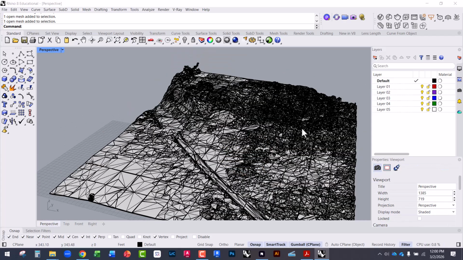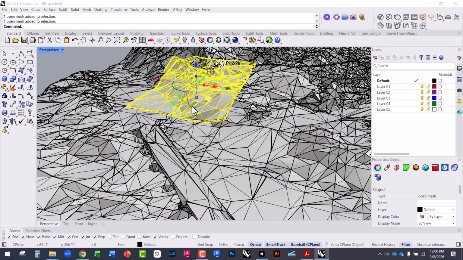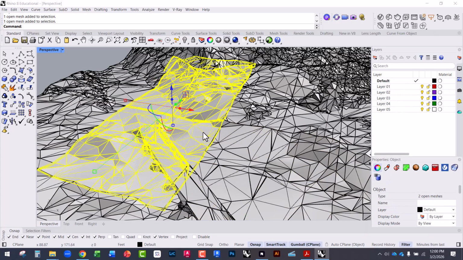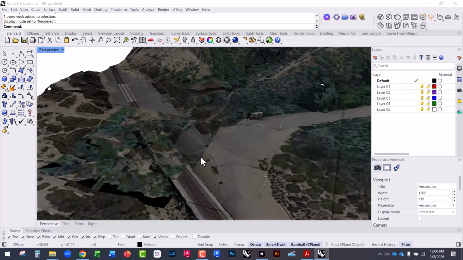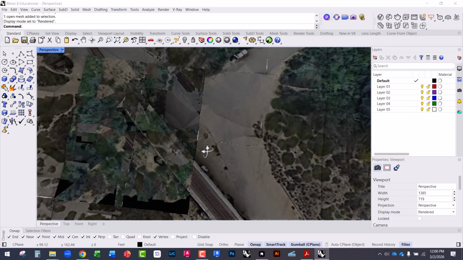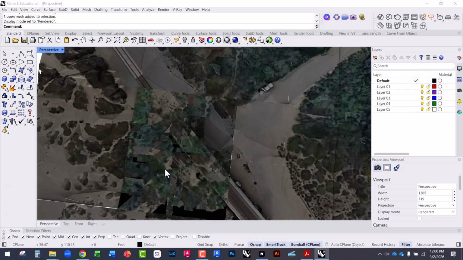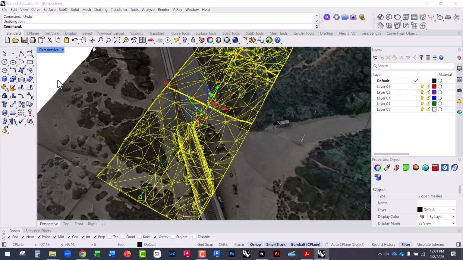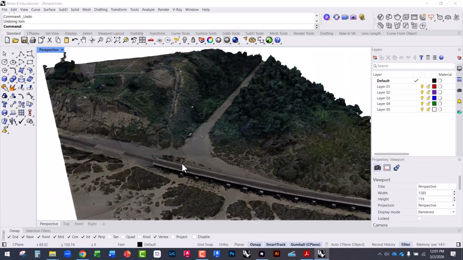So with each of these mesh panels, if you were to join any of these, so selecting these and typing join, it will work. It creates one mesh, but the problem is now when you go into rendered, it'll mess up the image map for it. It's hard to see, but it messes up the way it's being read as a kind of image map. So